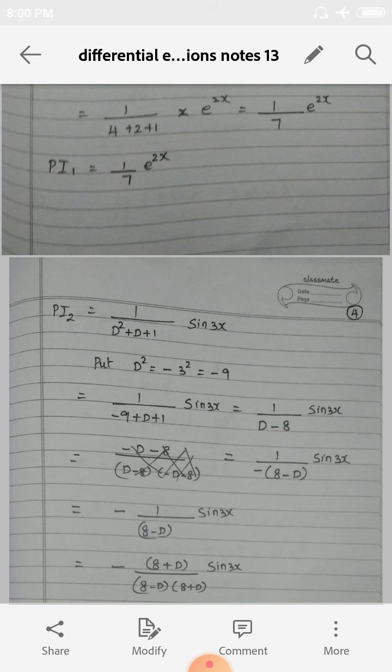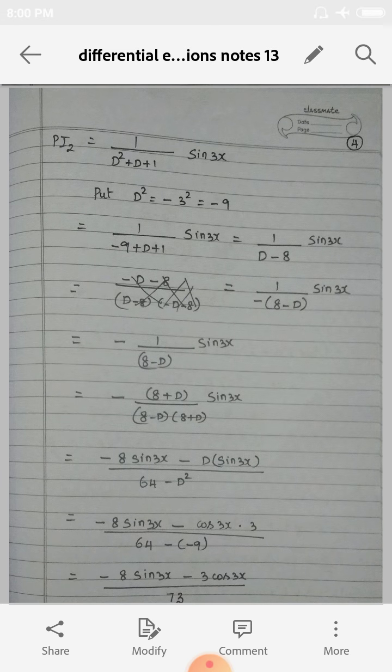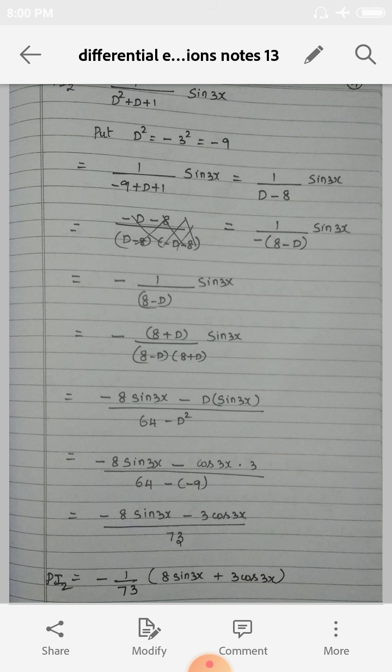See, the second particular integral is 1 by d square plus d plus 1 into sine 3x. So this is the second type form, no? So for sine ax, we have to substitute d square is equal to minus a square, that is minus 3 square. We substitute minus 9. So 1 by minus 9 plus d plus 1 into sine 3x is equal to 1 by d minus 8 into sine 3x. Okay. So 1 by d minus 8 can be written as minus of 8 minus d